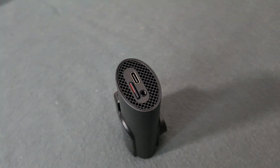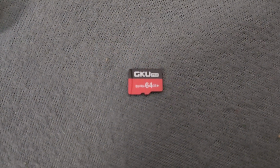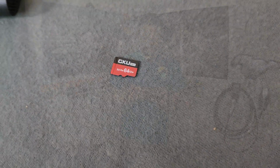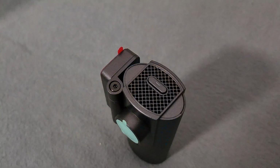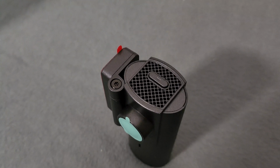We have a micro SD card in here, which I'm going to pull out and tell you that it is a GKU Pro branded, interesting, 64 gig SD card. So they have their own branded SD cards. Interesting. On this side we have a button, assumingly for taking snapshots or pictures, or maybe triggering a